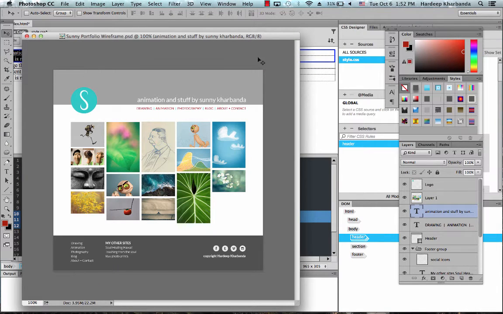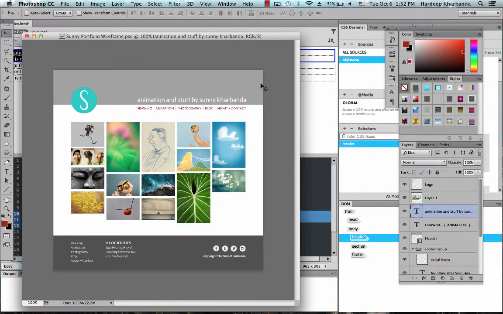I want my header to stretch from end to end, no matter how big the browser window gets. In other words, I want this gray background to be fluid and adapt to the size of the browser window. The way to do that is to tell CSS that the width of my header should be 100% of my window.